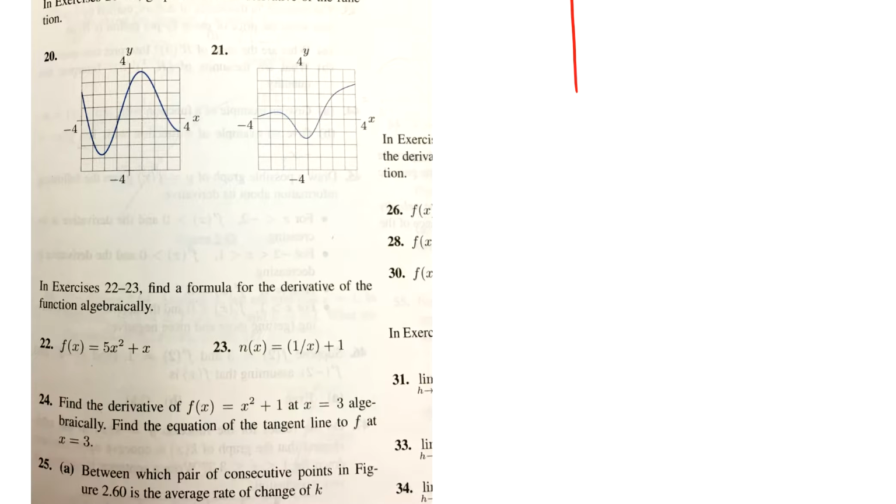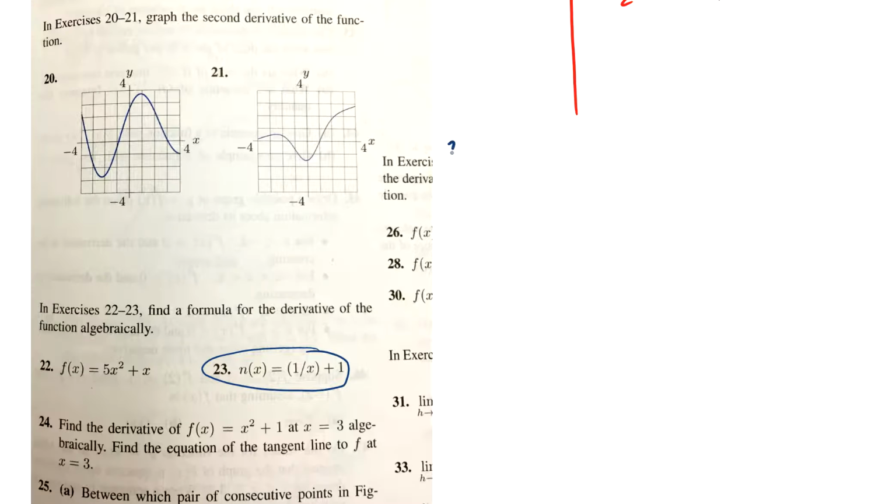23. Find a formula for the derivative algebraically. Okay, so 23. I want to know what is, oops, it's n of x, not f. N of x equals 1 over x plus 1. So if I want to find it algebraically, I can use a rule, the shortcut rule, but let's do that afterwards. So algebraically, n prime of x is the limit as h approaches 0 of 1 over x